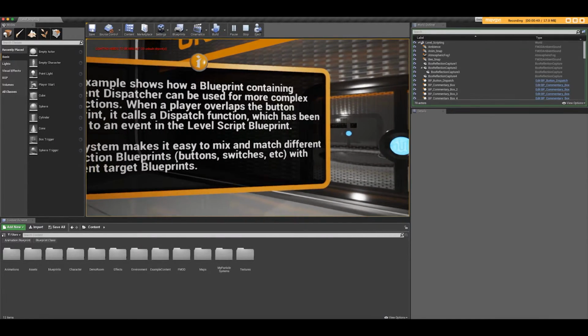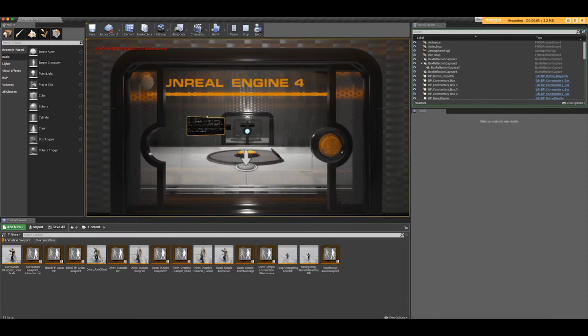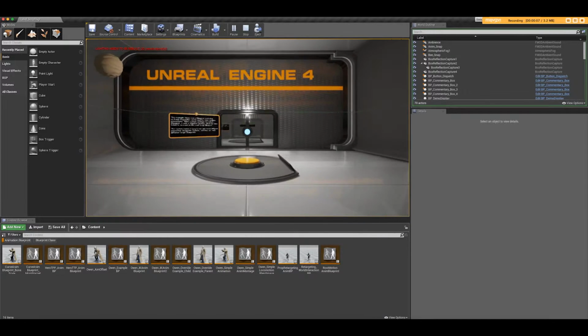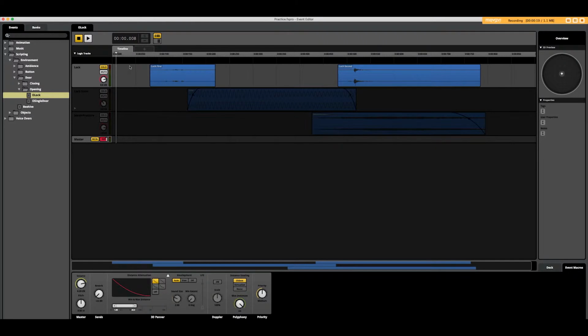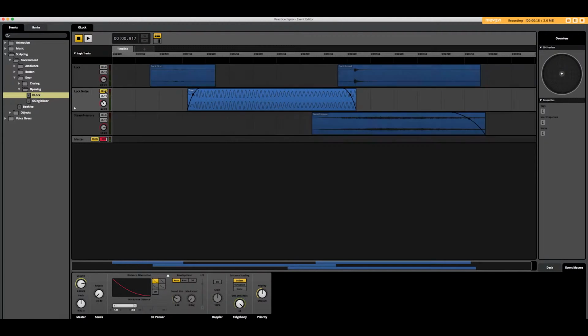This example shows how a blueprint containing an event can be used. I imagined the doors to have a sort of space type sound effect. When they open, you can hear a lock clicking, a tone when the lock rotates, which was created in Pro Tools,